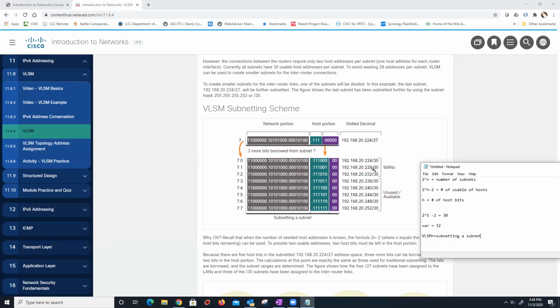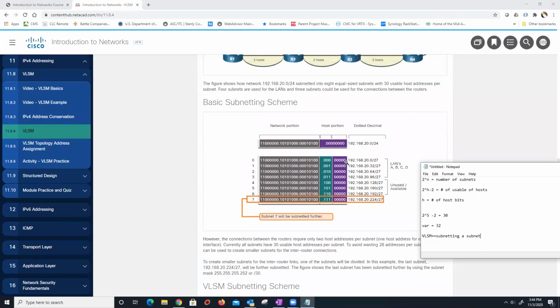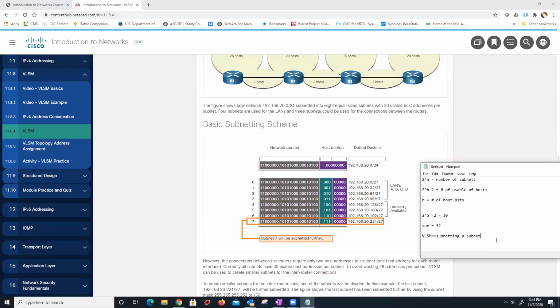Now here's the reason I don't like this. The 2 usable addresses here are 225 and 226. Of course, 224 is the network ID, 227 is the broadcast ID. That's crazy. What I would have done is this, okay? So let's look at this and say, okay, Kelly did this. So I first would have done exactly what they did here, but I would have said, okay, for LAN A,